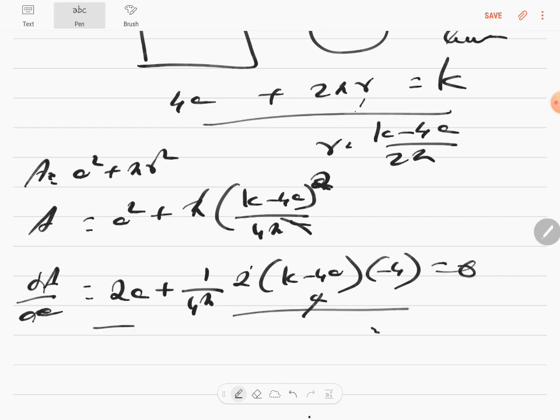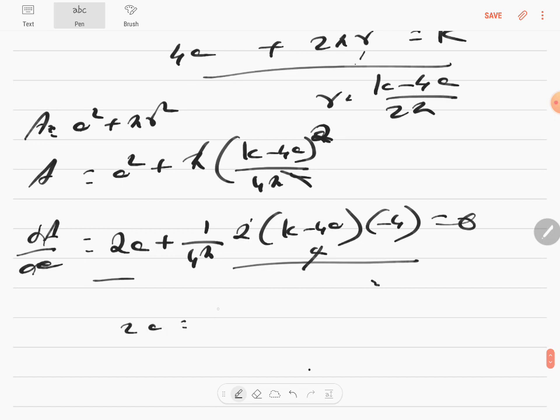Therefore this is equal to this. So 2a is equal to, the 4 and 4 get cancelled. Is 2 into k minus 4a, 1